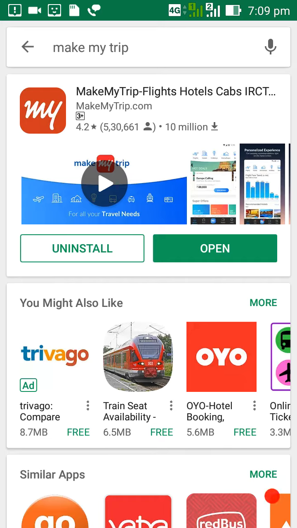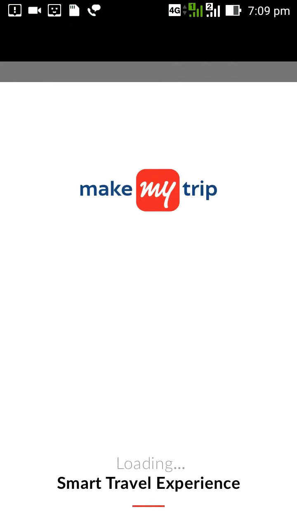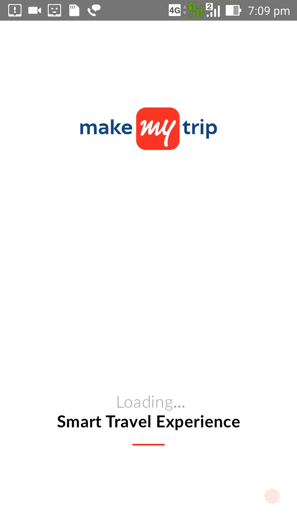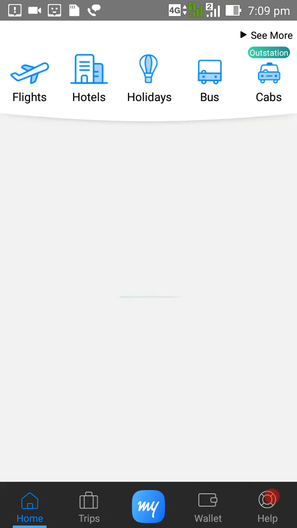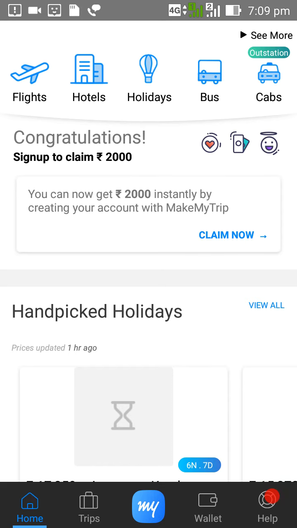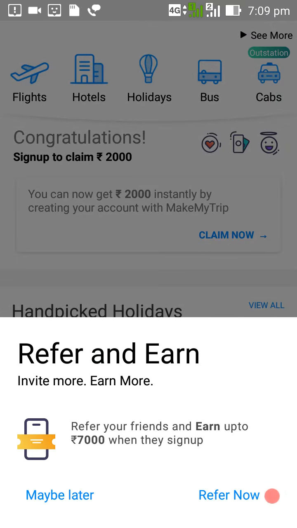After installation, you will get this open button. It is simple to install. Just tap on install. It will install automatically. Then fill up a form with your login information. Then tap on open. Just loading, and the upper panel will show that